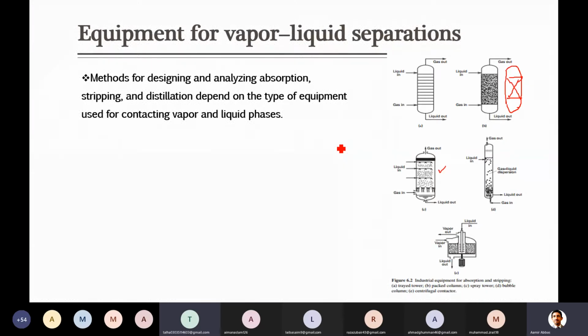No, based on the discussion we have had so far, what do you think? As he said, in one of the equipments, the contact between the liquid and vapor for mass transfer, one thing let me tell you again, repeat it, that there should be good contact between liquid and vapor. So in which of the equipment here will the contact be better?